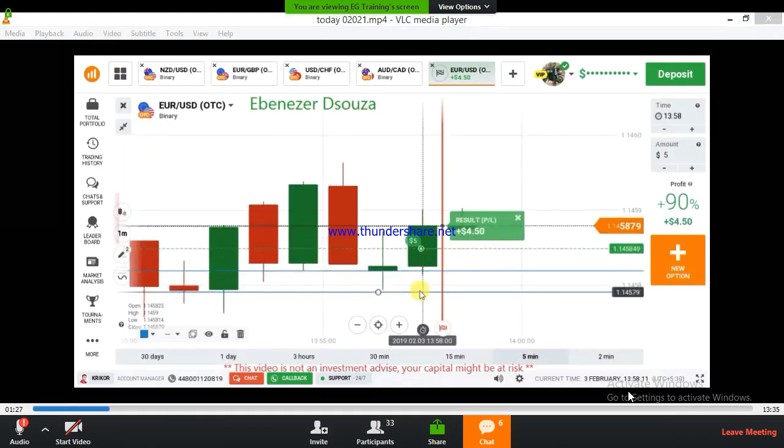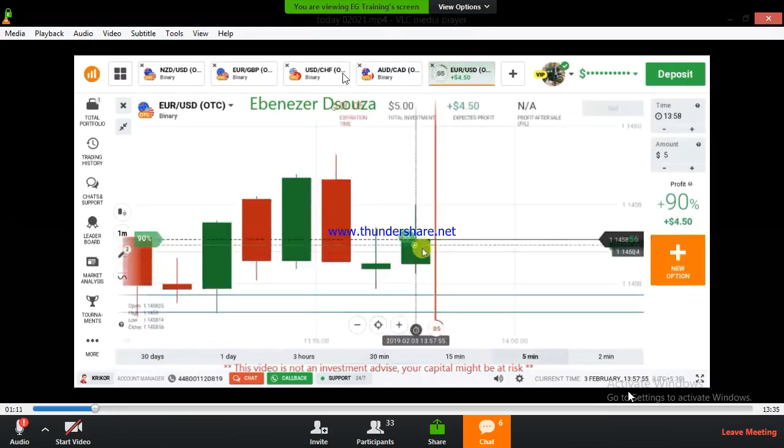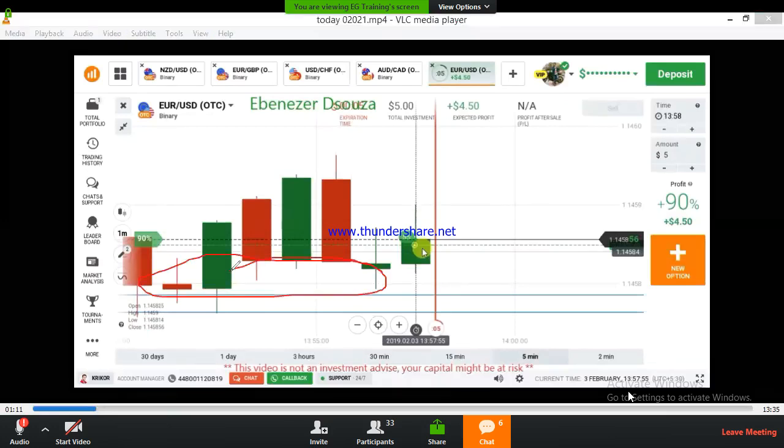So based on the buyer's area, we confirm the candle, right? Suppose the candle finished in the buyer's area, I place directly. But if you get any strong level, you can trade like this on the strong levels. But this is an additional confirmation from buyers. Actually, this is a level, right? This is a level, but I got a confirmation here. This is a buyer's area. This is an additional confirmation to go with buyers confidently, right?